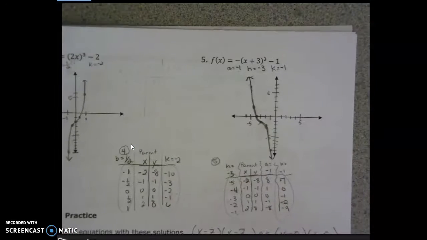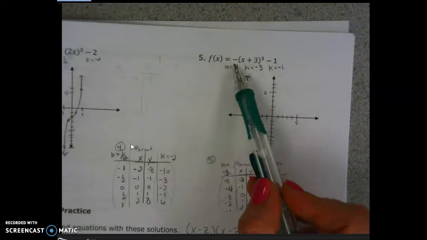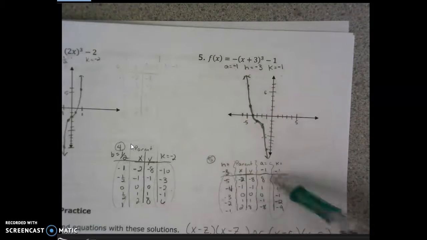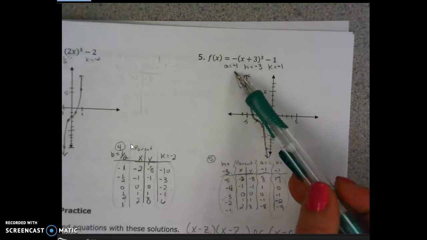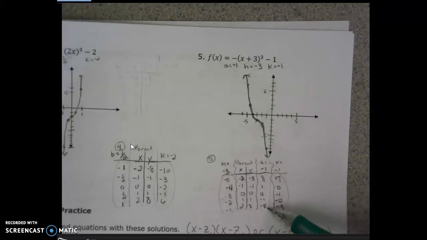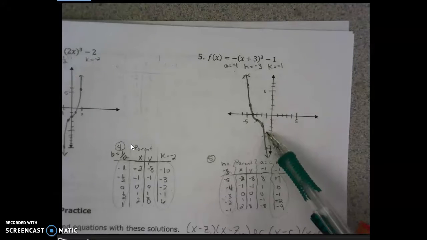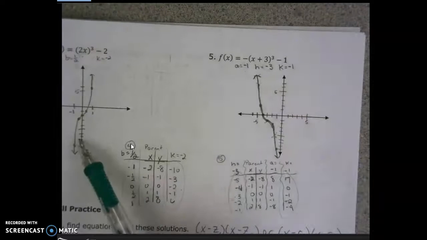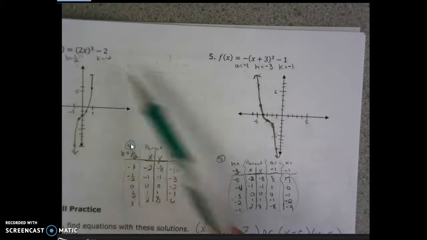And then finally, number 5 was just playing a little bit with the reflection. If you have a reflection and you're going to use your table, the a value would just be -1. Multiply the y values of the parent by -1. Then subtract 1 for the k. And that's this. Make sure you know what a cubic function looks like that's not been reflected versus one that's